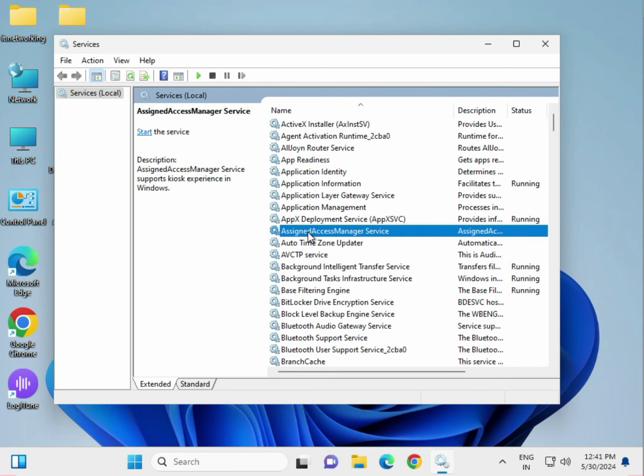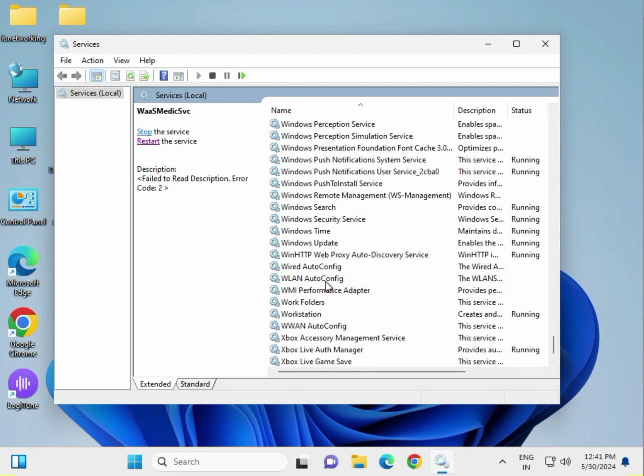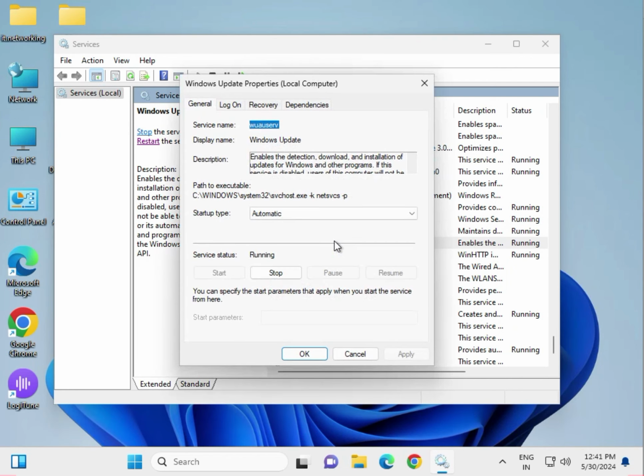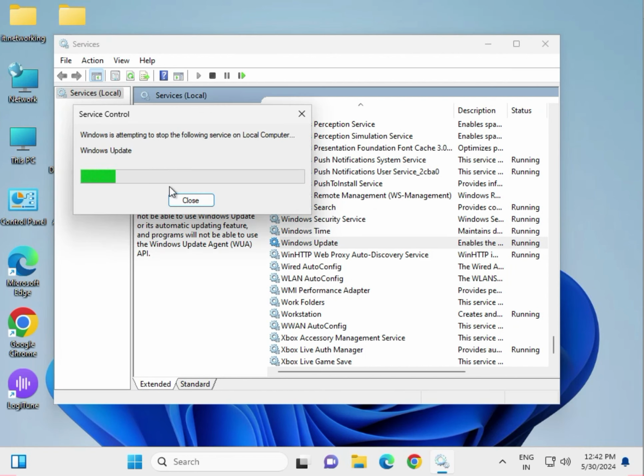then press W for Windows Update. This is Windows Update. Double click to open, and if it is disabled or manual, please select automatic. Then apply, and if it is not started, click Start, then OK, and then again select the Windows Update and click Restart,